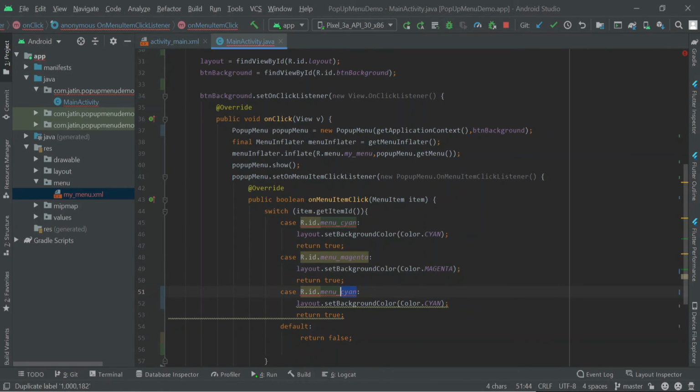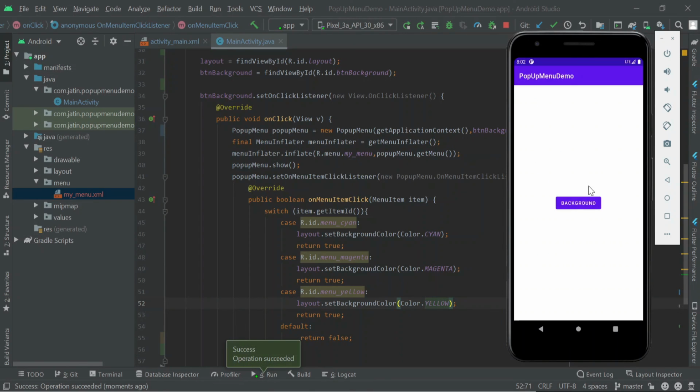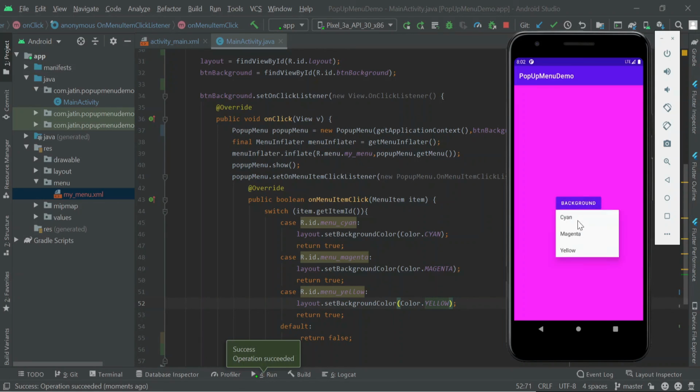Same way for yellow, change the color to yellow as well. And that's all. Let's try to run it and check it out. Does it work or not? Okay, let's go here and launch. If you click on this cyan, your background color is changed. So that's all. If you're looking for the code, check out the link in the description.